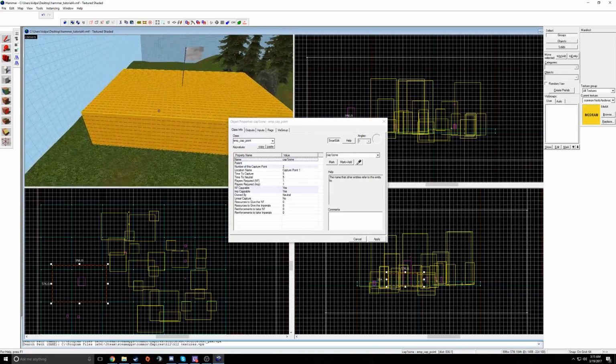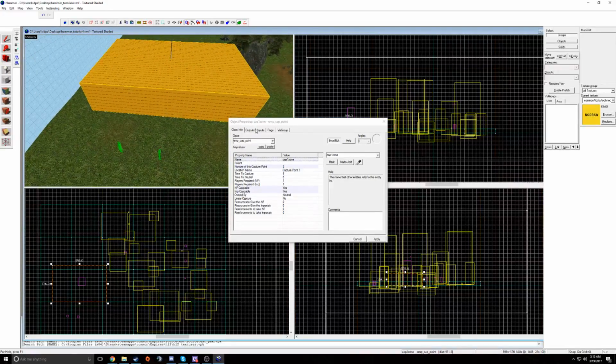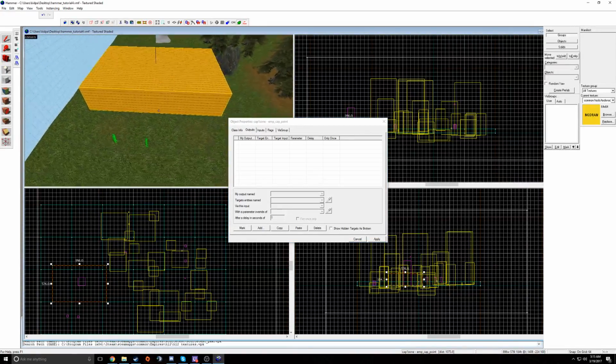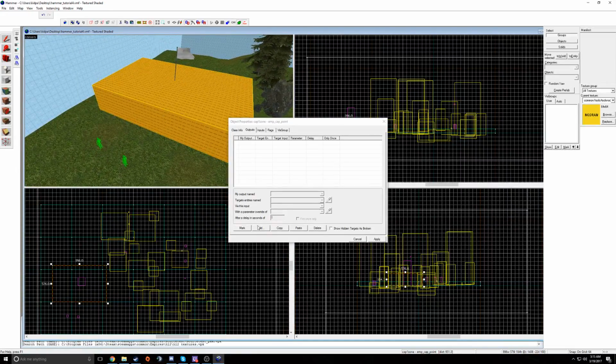So with that said, now we can go back to our cap point, click Outputs, and this is where you can rig up the stuff. We're going to click Add. On Imp Cap, we want this model to change. So then you click this, you select the flag, and that's how you do the target entities. You just click on this and click the target entity, and then we're going to want to input imp ownership. Click Save, click Add, Imp,